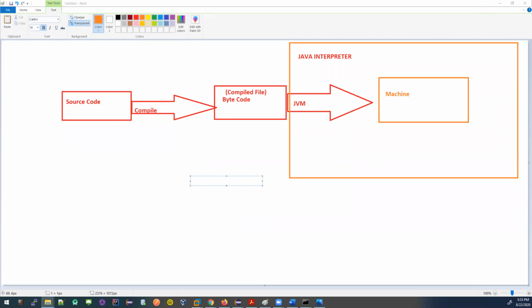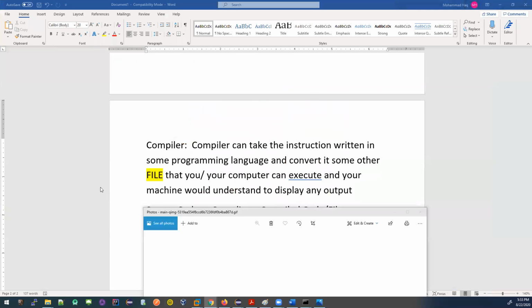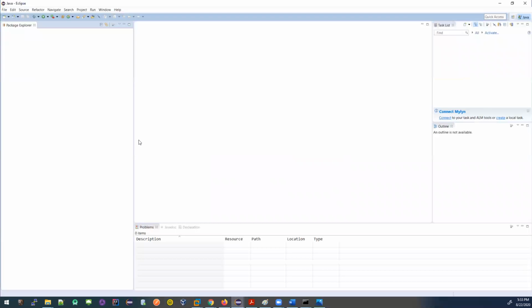So the next thing that I want to do for Java, we need to go back to something, Eclipse. We learned what the compiler does, what the interpreter does, and the role of the compiler and interpreter in Java.